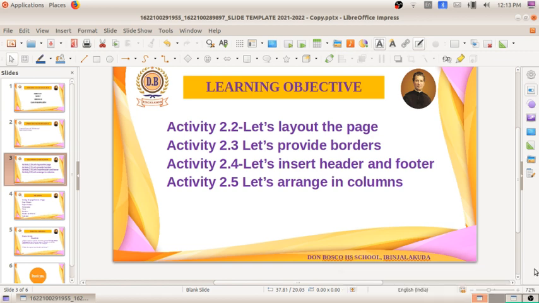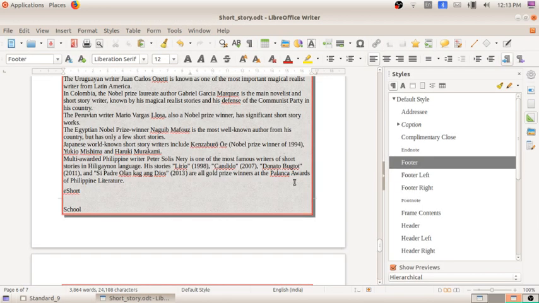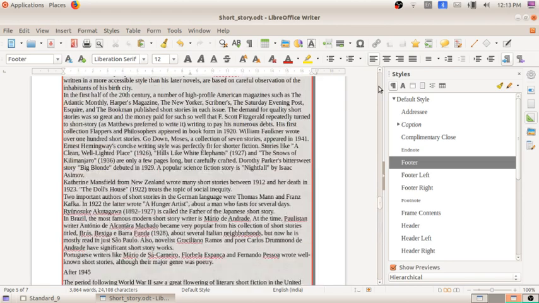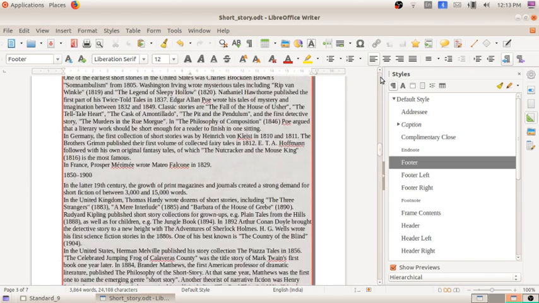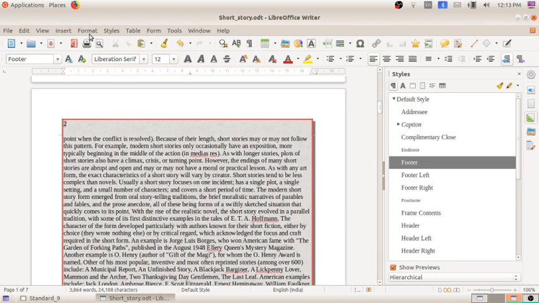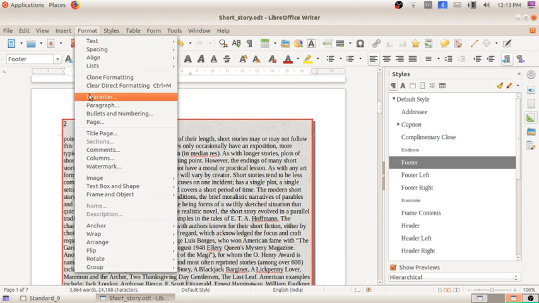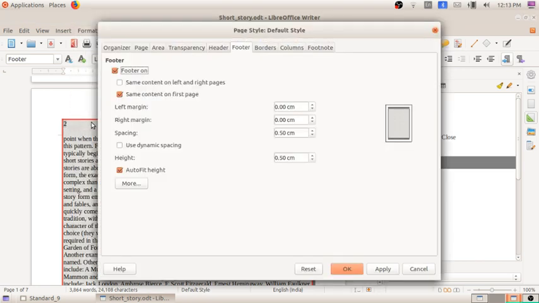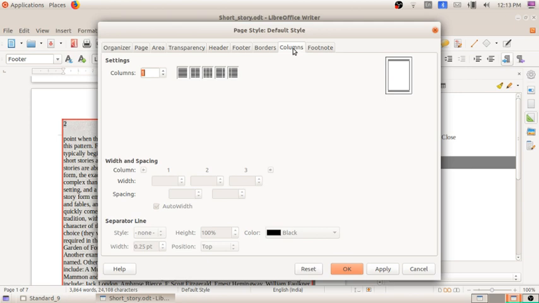So that option is also available in LibreOffice Writer, and that I will also be showing. For that I am taking our Cherukada. And what we have to do is go to the option format, take the option page. Here you can see the tab columns. Here it is already set as 1 column, so now I am increasing it to 2.